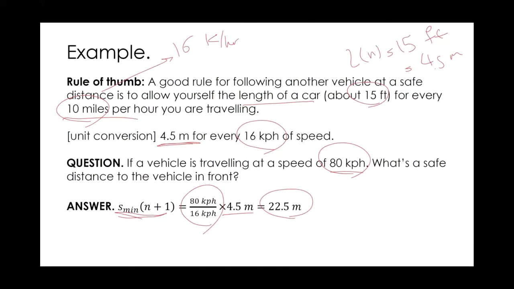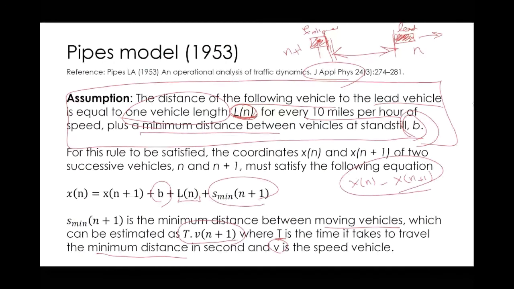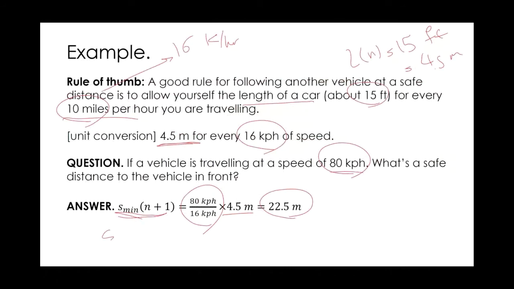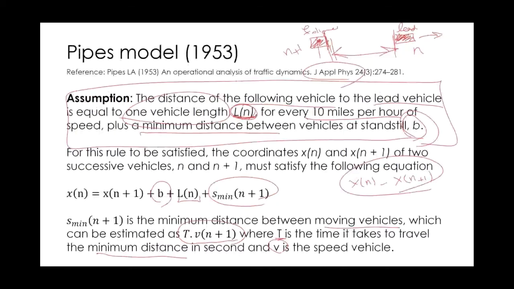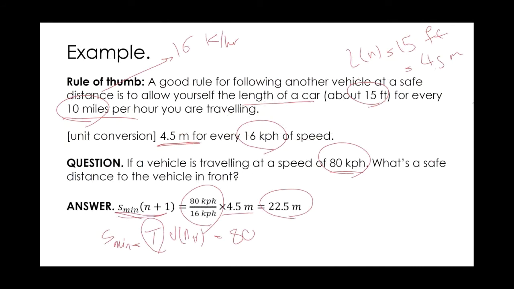And if I want to relate this to the formula that we had in the previous slide, we said S-min can be represented as T multiplied by Vn. So let me write it here. S-min is actually T multiplied by Vn plus 1. In this case, what is the speed of the follower? The speed of the follower is 80. And T, how did we define T? T was the time that it takes to travel the minimum distance. So that is basically